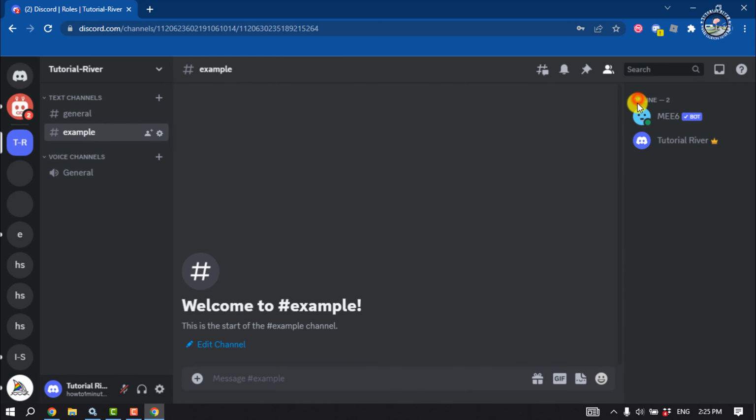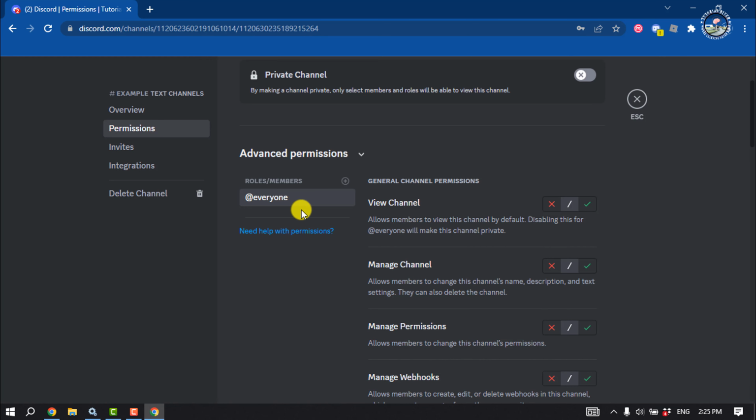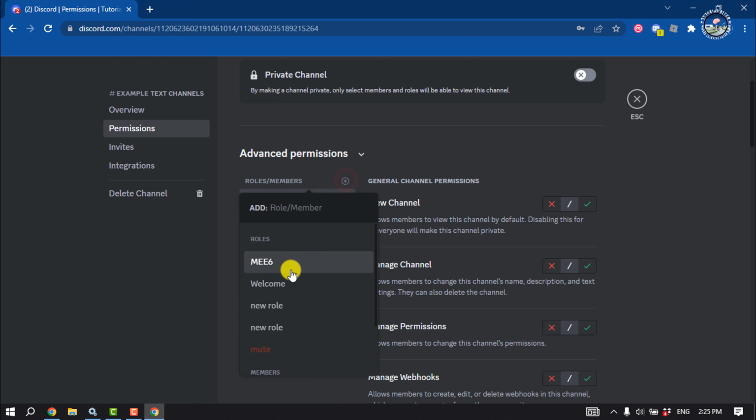close this window, and now for example I want to stop people typing in this example channel, so I'm going to click on this settings icon, click on permissions, and here click on this plus icon next to roles members, select the mute role,